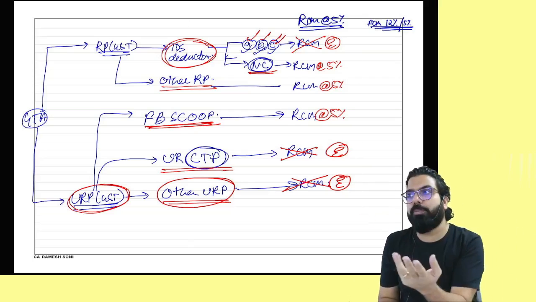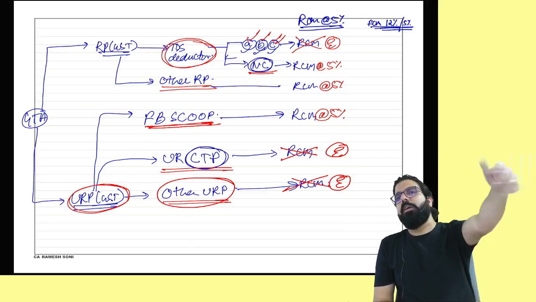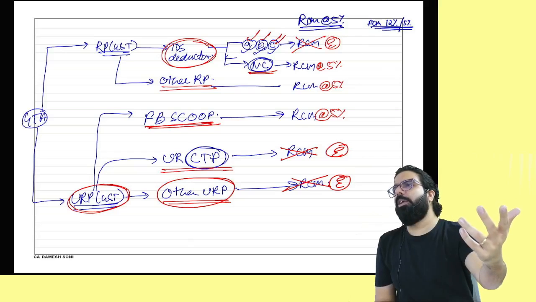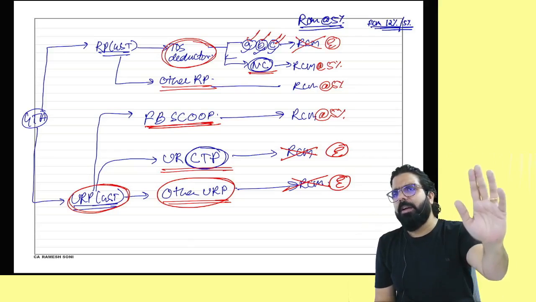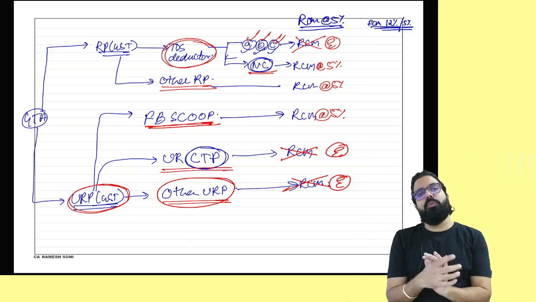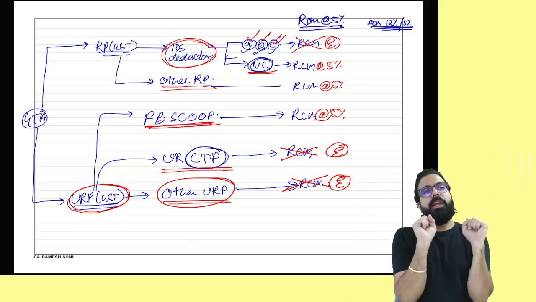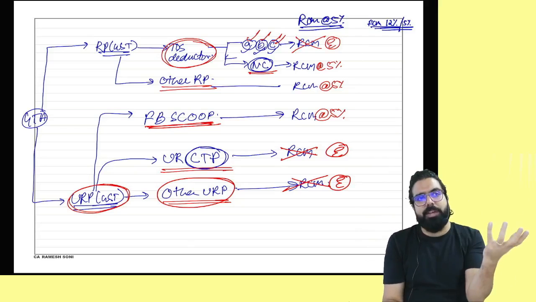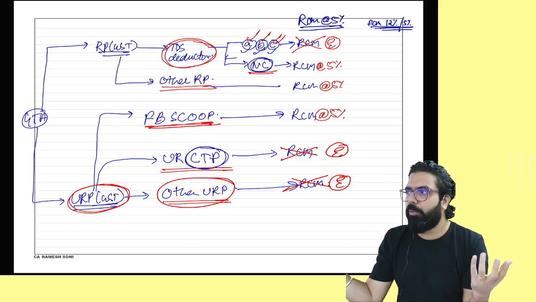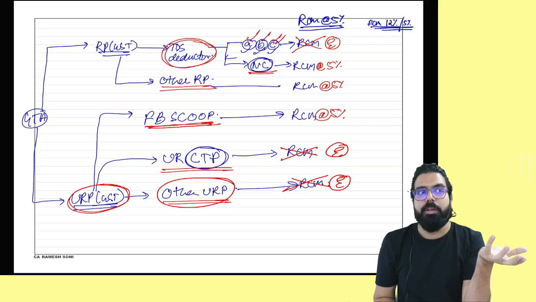So what are the 3 options over here with GTA? RCM. Who will pay always? Recipient will pay. Or if GTA is unregistered, who will pay? Recipient will pay under RCM at the rate of 5%. But if GTA wants, can GTA go for forward charge mechanism? It can go for 12% or 5%. If GTA is charging forward charge 12%, it will get ITC of all the inputs which it is buying. But if GTA is opting for 5% forward charge, no ITC.